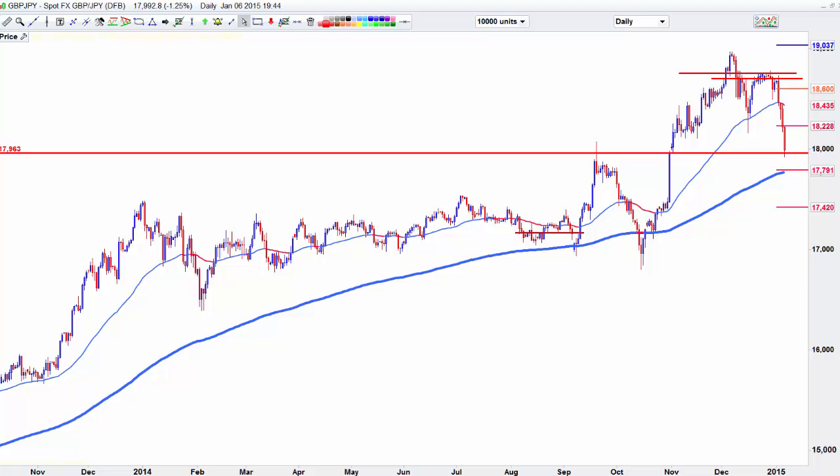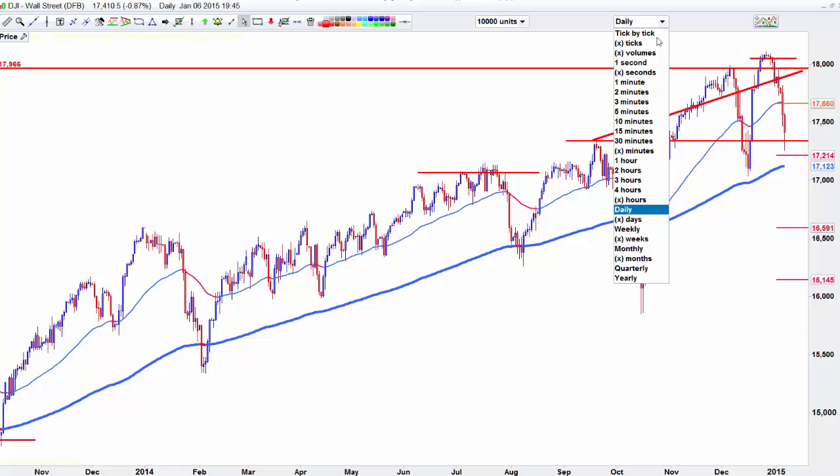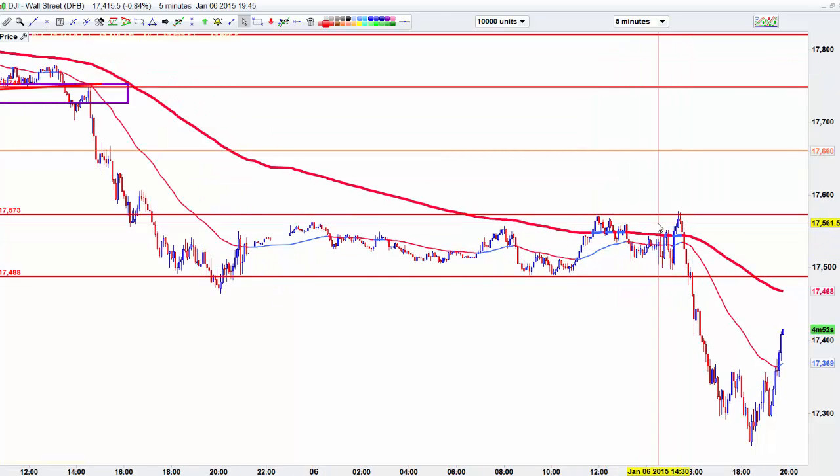In the meantime, as we speak, let me just show you how I've got my 5 minutes on the Dow lined up. Lovely push, lovely sell here. And note how once we come into this area of resistance